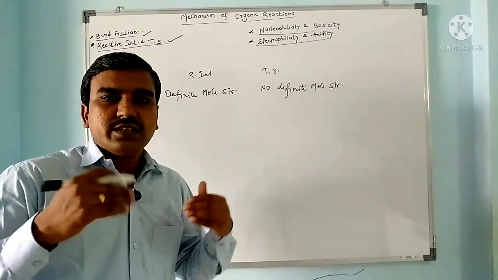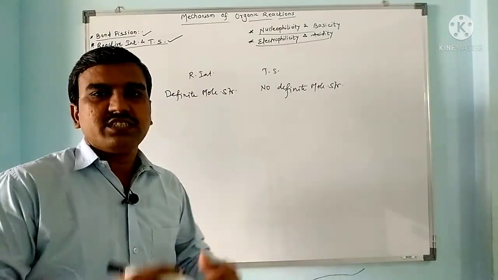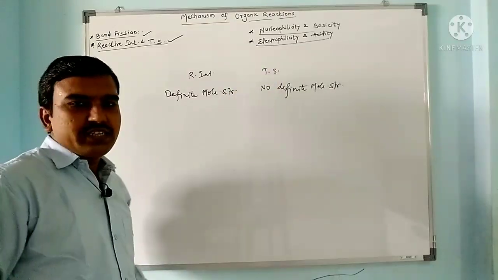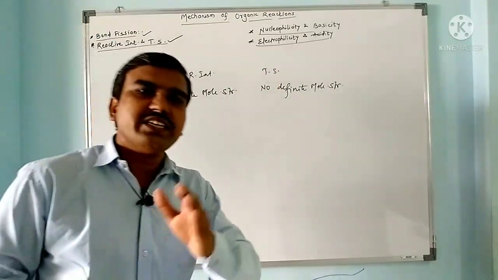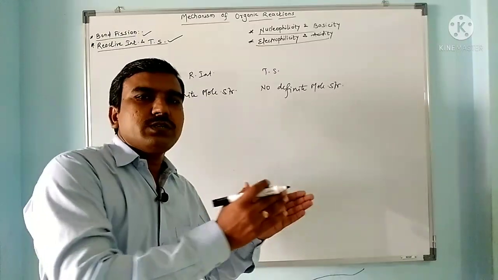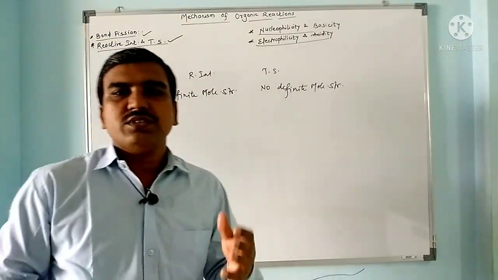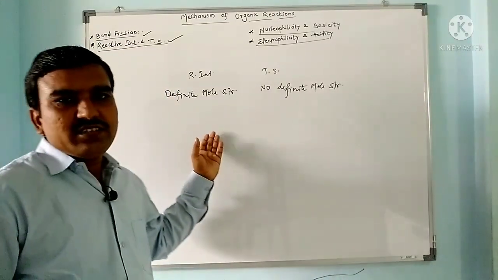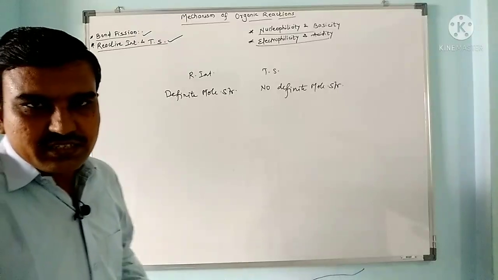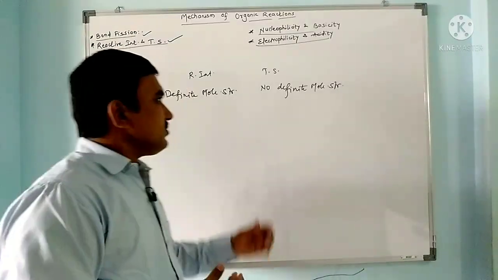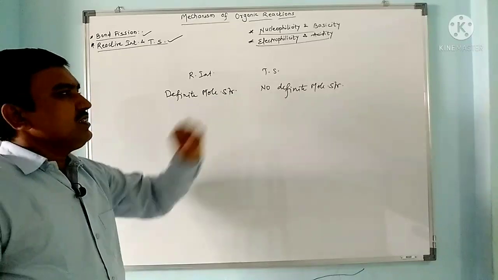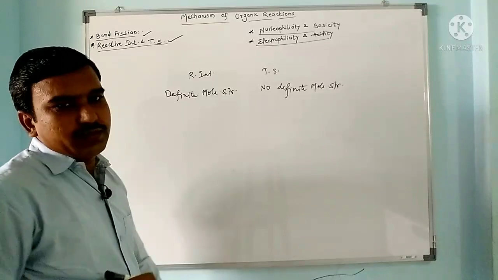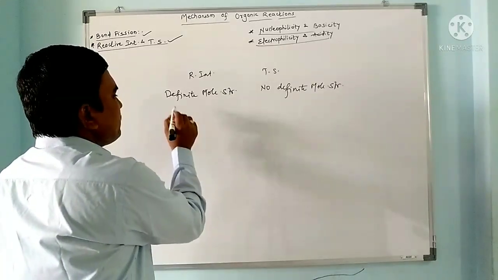Reactive intermediates are generally formed in multi-step reactions, meaning in 2-step, 3-step, or 4-step reactions. But a transition state can be formed in any reaction. For example, the SN1 reaction is a 2-step reaction. One intermediate, the carbocation, is formed during that, and 2 transition states are formed during the conversion. So the transition state can be formed in any reaction, but reactive intermediates are formed in multi-step reactions.